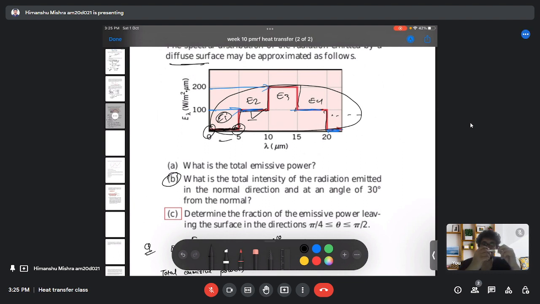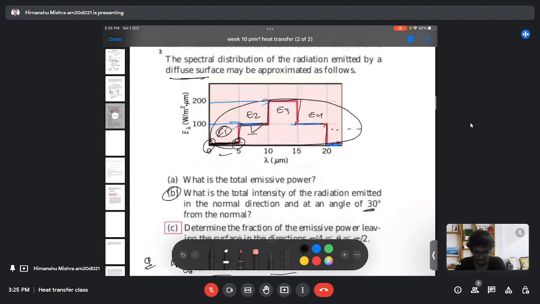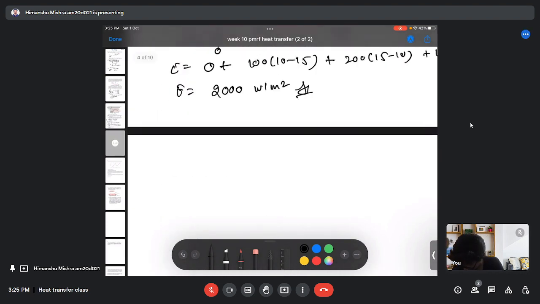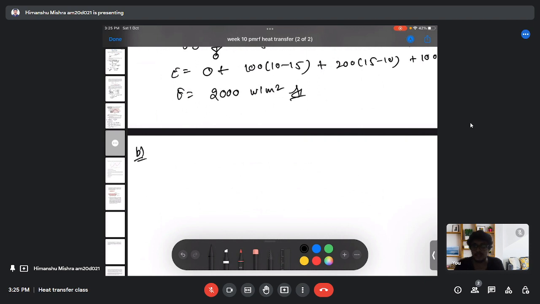So here our surface is not actually emitting at a particular angle, let's say theta degrees, which is given in the question. Since it is a diffusive surface, which is mentioned in the question, the surface is emitting the radiation in all directions. So it doesn't matter if we need to calculate at 30 or 60 or even at 90. In all directions, it is emitting the same radiation. So to calculate the intensity, which is directionally independent here,